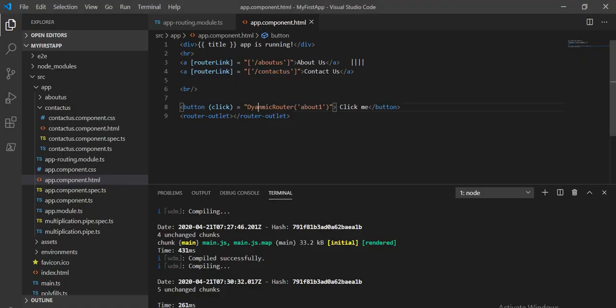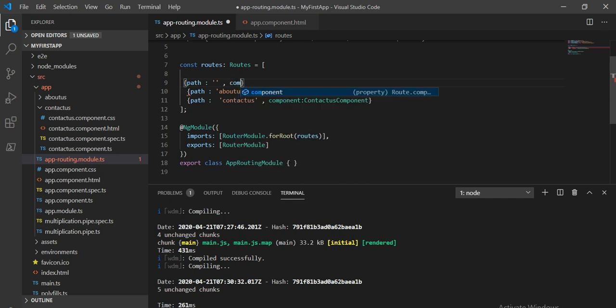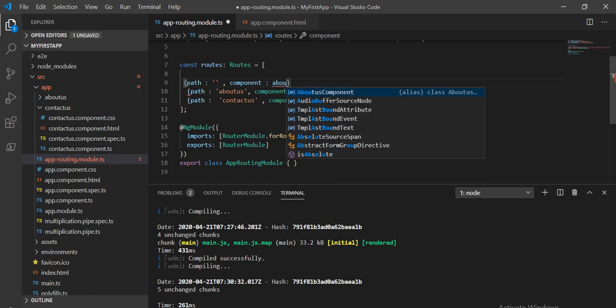To do that operation, we have to go to the app.routing.module, and here we have to set the path as empty, and then give the component name. The component I want by default is the about us component.